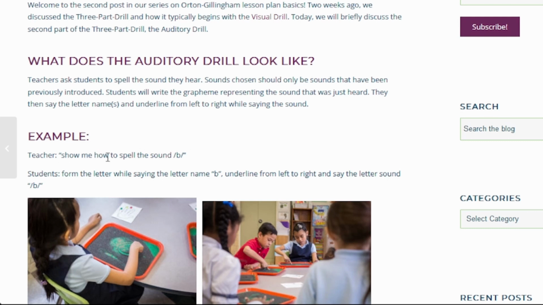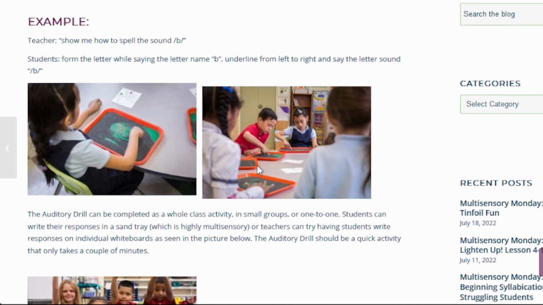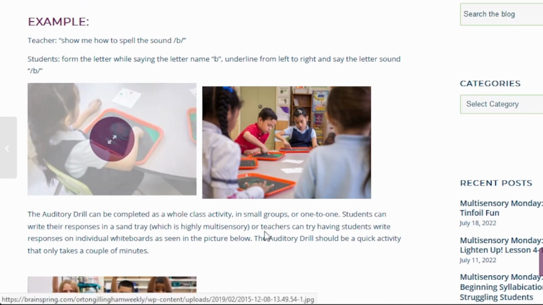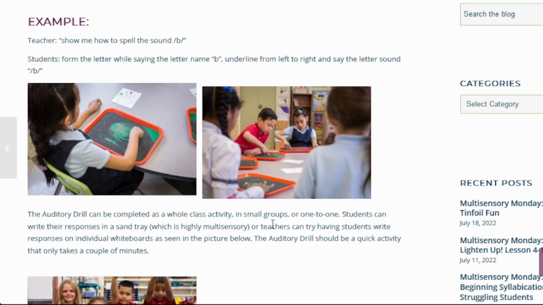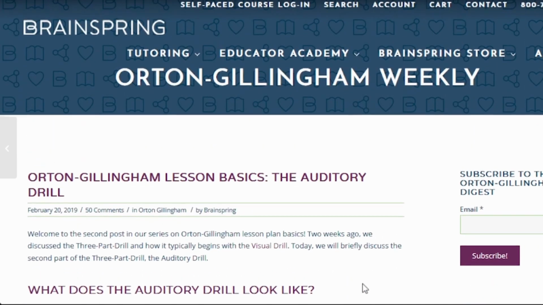So show me how to spell the sound B. And so the student can use whatever method they would like to write the sound. Sometimes it's a sand tray. Sometimes they could do that. They could even do that with Play-Doh, right? Or they could use the chalkboard. They could use a pencil. It's up to you how you want them to write the sound. So it goes over a little bit more of that auditory drill right there, but then